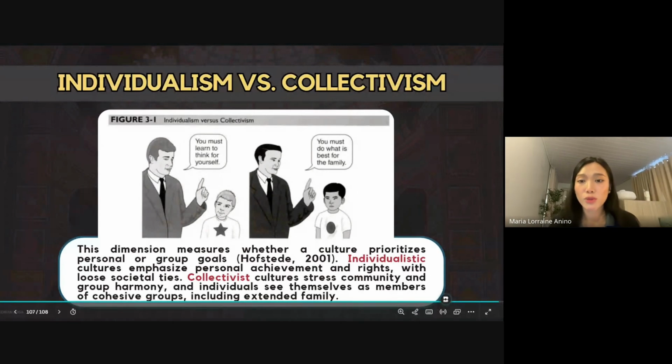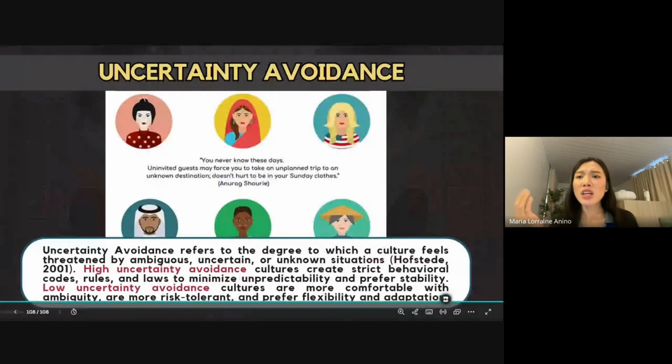Next is uncertainty avoidance. This is the last one. Uncertainty avoidance simply means how comfortable or uncomfortable we are when faced with situations that we cannot fully control. Do we recognize that there are certain things we cannot control? Now, some of us like things to be perfectly planned. Perfectionists, we call it, perfectly structured. We want everything to go as scheduled, as planned, no surprises, no failures. Honestly, that is actually not bad. It shows discipline, preparation, passion, integrity. But let's be real. Life does not always go as planned.